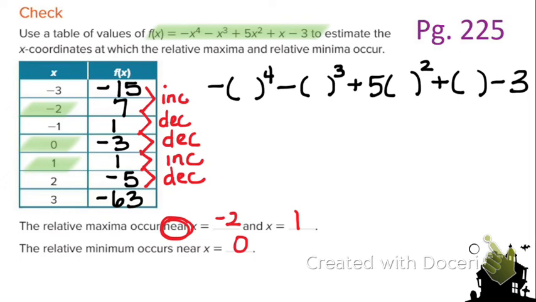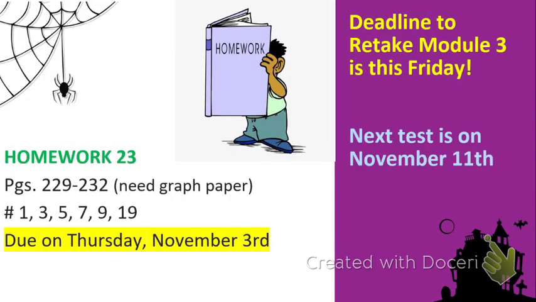So now let's talk about our homework. Okay, so this is homework 23. These are your questions that you have to do. And I wrote the table on the board. So for question number 1, you want to make a table starting at -4 and going to +1. You're going to find your y values. Now for these two questions,